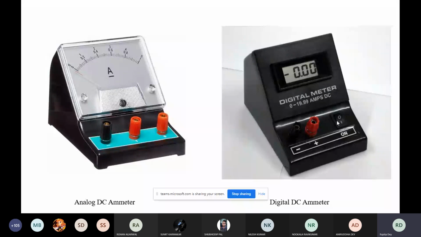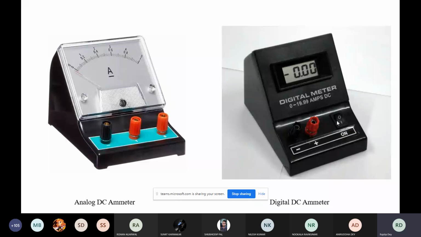So you can see there is a black knob, that is for the negative one, and you can connect the positive one either 1 or 5. So if you are going for 1, then your maximum measurement will be 1 ampere. If you connect to the 5, your maximum measurement can be up to 5 ampere. So you need to have some idea of how much your current should be. If your current is very small, then always go for the one,